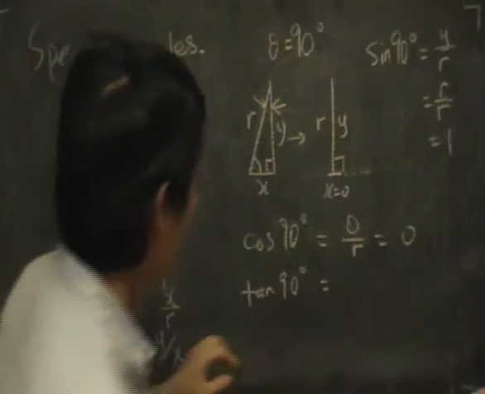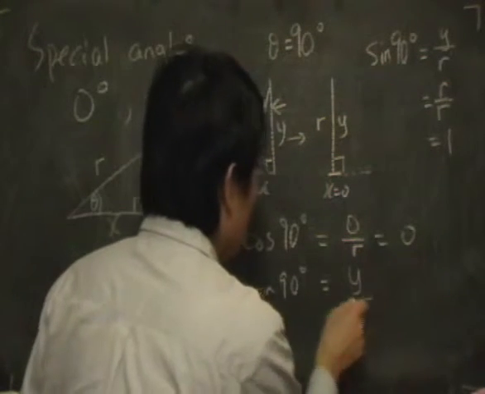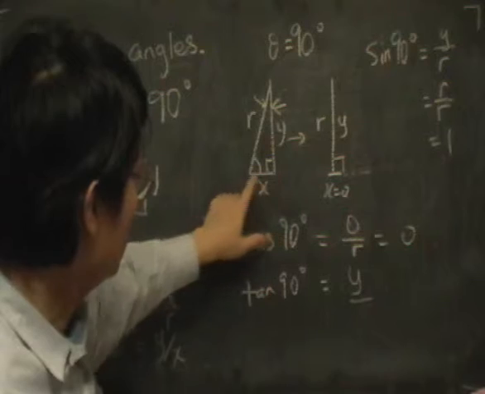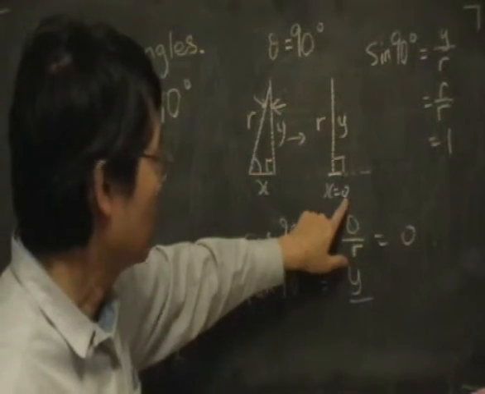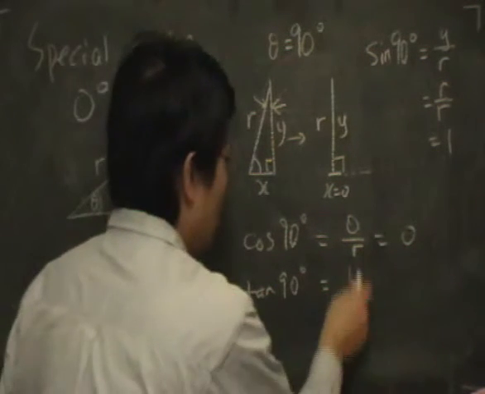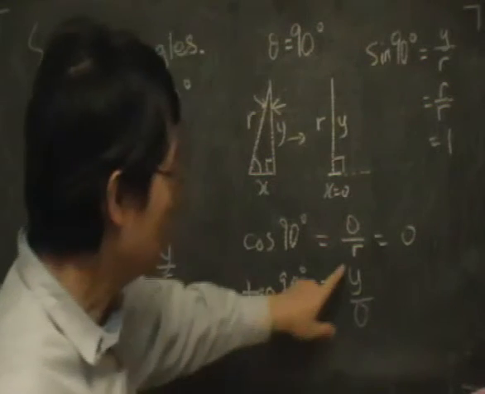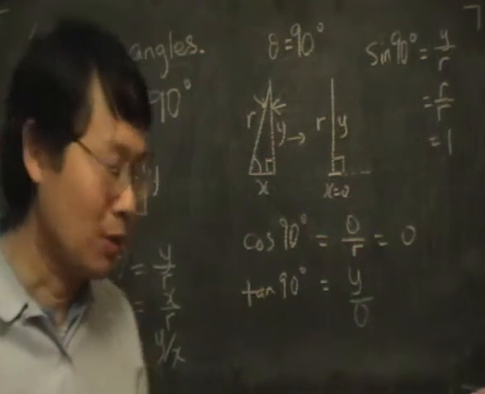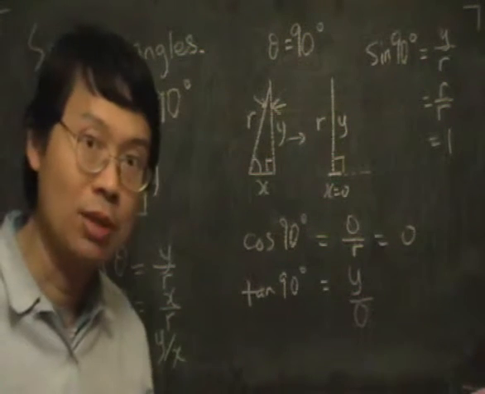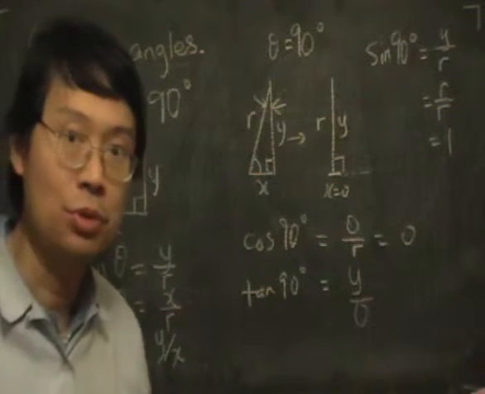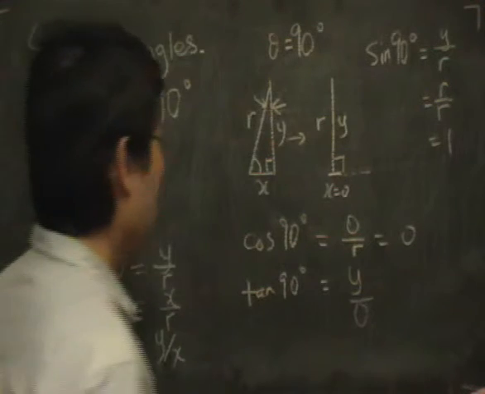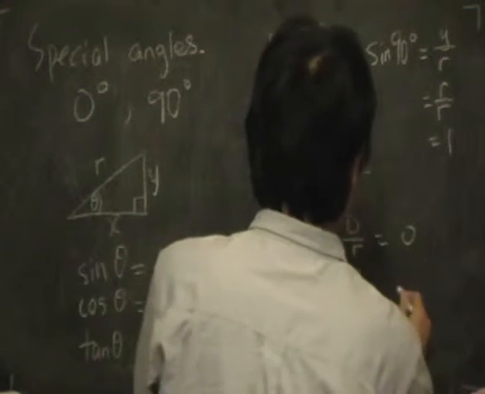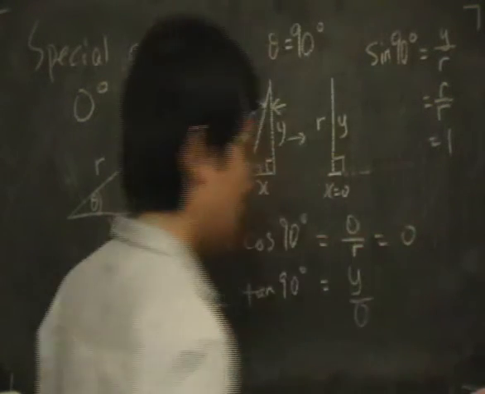Our opposite is y, but our adjacent has become 0. So we have a number divided by 0. Now you know that we cannot divide by 0. The answer is just undefined, meaning there is no number, there is no answer. So therefore, we can say that it's undefined,